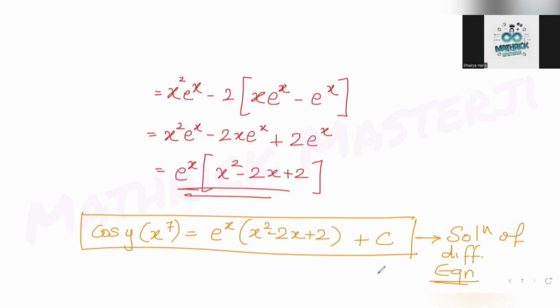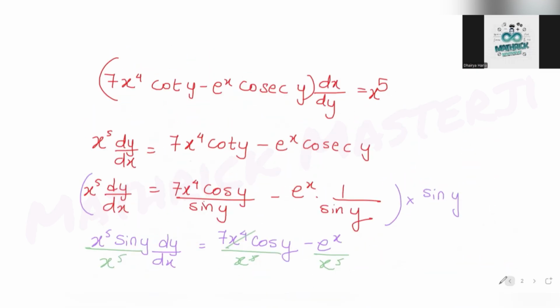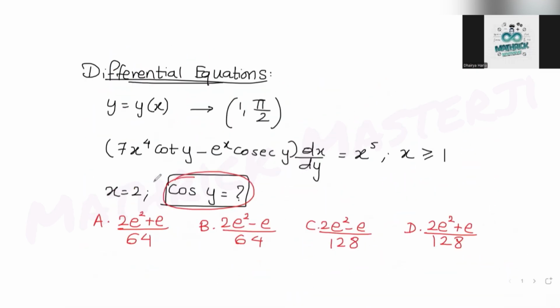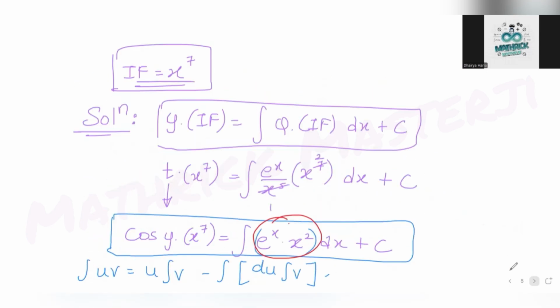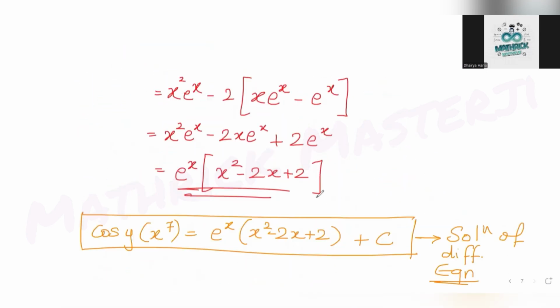Once I get the solution of this differential equation, now further, the question is asking me to figure out the value of cos y if this passes through the point 1 comma pi over 2. So we have to find the value of cos y at x equals 2. So first, let's try to find the constant of the differential equation by putting x as 1 and y as pi over 2. So if I do that, in this I get cos pi over 2